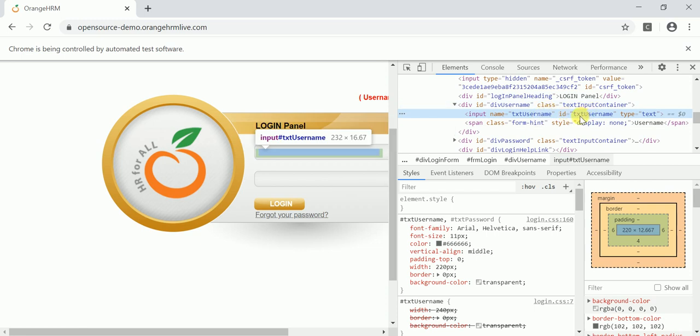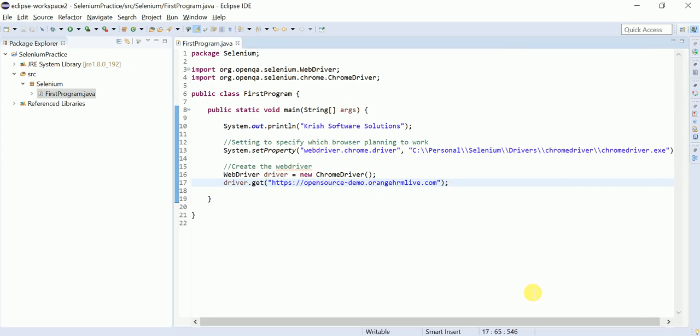Already you know how to work with name and ID. If at all you want, you can write an XPath or directly you can use the ID. So I am using ID here. How you can write, carefully understand here. I am trying to enter the data into the username field. How we can enter?